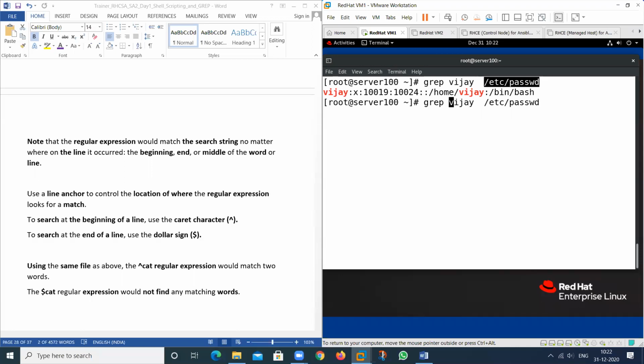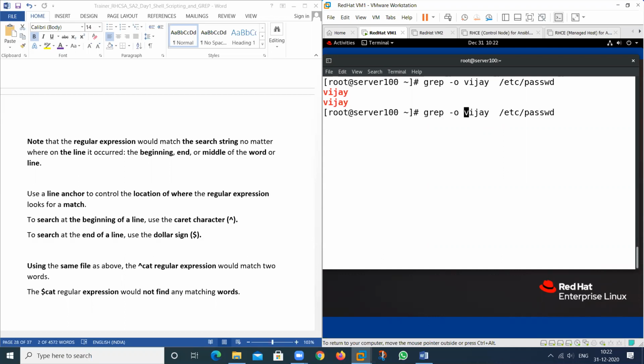Suppose I want to search only these two words, this word only and this word only. What will I do? I do not want this whole line. I want only these two words. In this line, there are two words related to this one, so I want to search only that particular string. Then we can use -o. It means only these two words. So we can filter and print anything that I want. It's called an exact match.